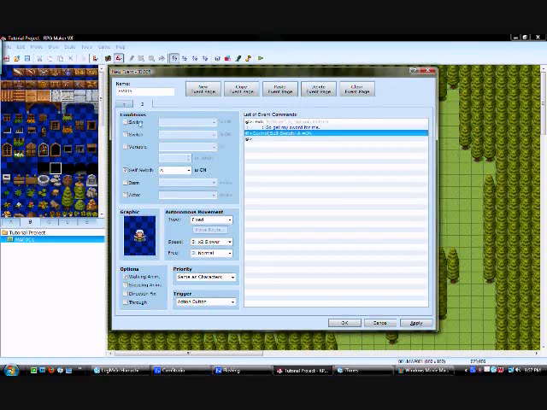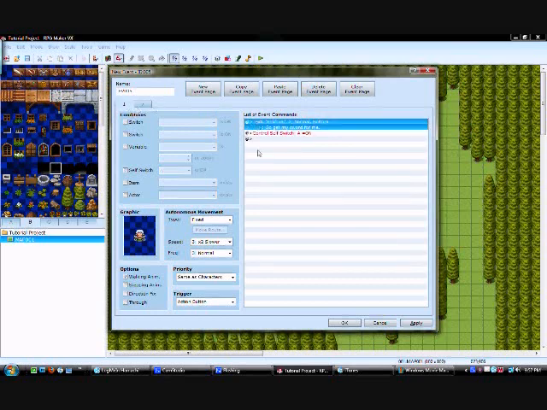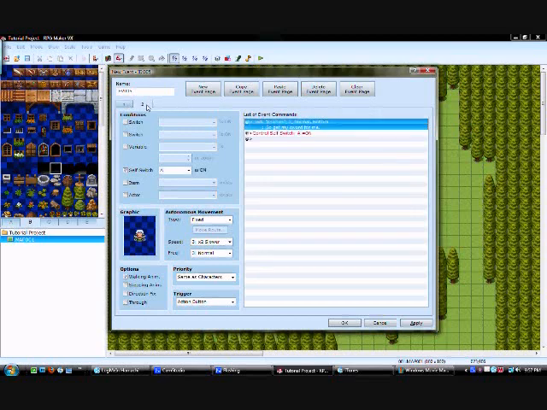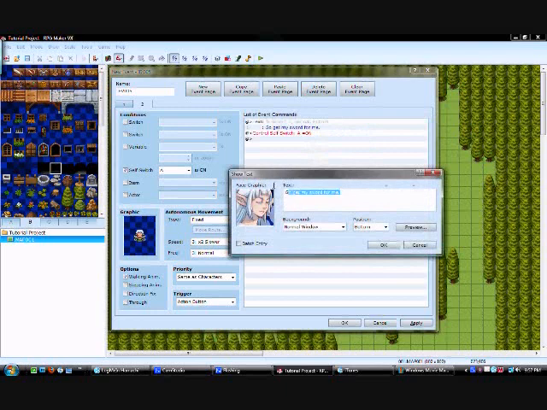So as long as you did the first page and you talk to her, and then it obviously goes from the top to the bottom when the event commands are activated. So you'll talk to her, and then the switch will turn on. And then when you talk to her again, the second page will be active. So just like any good game, she's going to say,